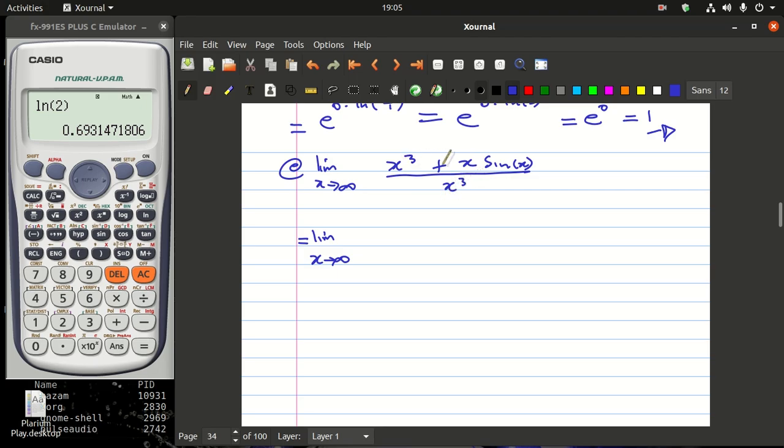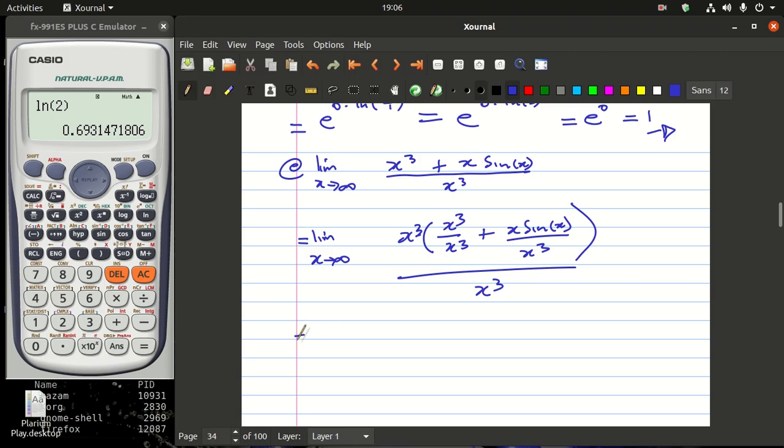So I want to factor x cube in the numerator there, so I will end up having x cube, and then here I will have x cube divided by x cube to find out what will remain, plus x times sine of x divided by x cube. And this whole thing I'm going to divide by x cube. X cube is there, so there's nothing to factorize because it's the only factor. And then this one and that cancel out, and x cube divided by x cube is just going to be 1 plus